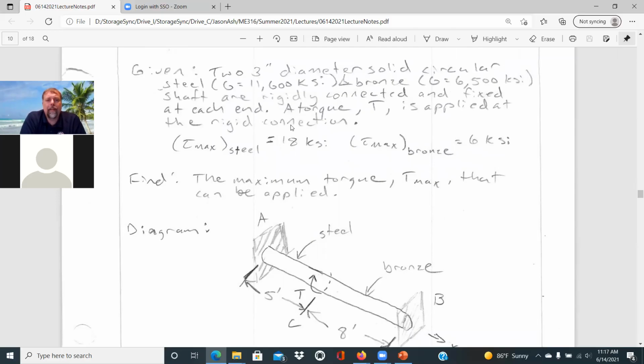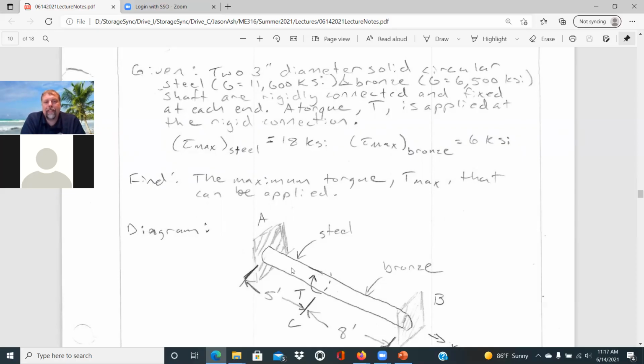The first one is a solid circular steel, shear modulus 11,600 KSI, and bronze, shear modulus 6,500 KSI. They're rigidly connected at point C, and then they're fixed on either end. Torque T is applied at the rigid connection, and the thing that makes this problem complicated is that we're given